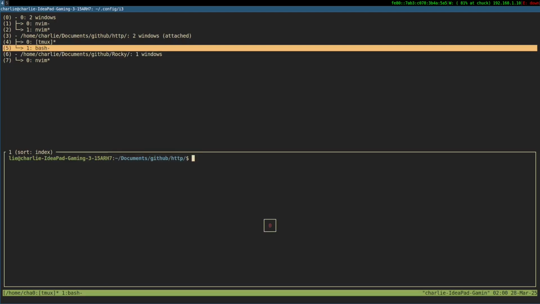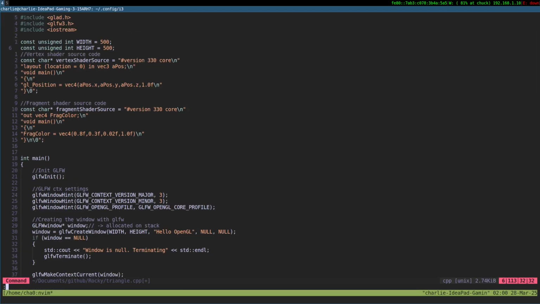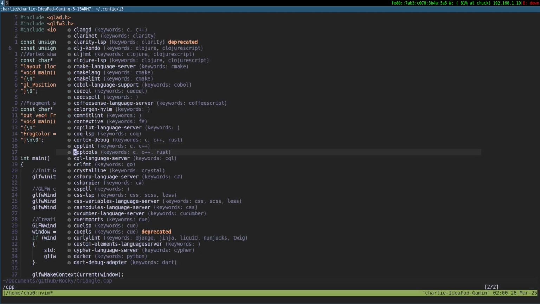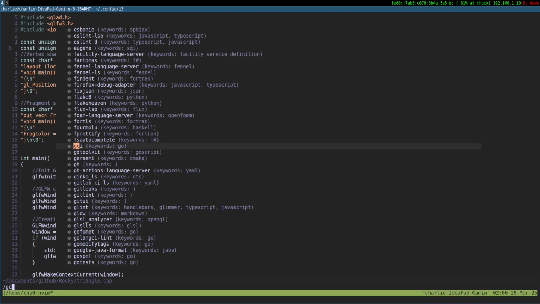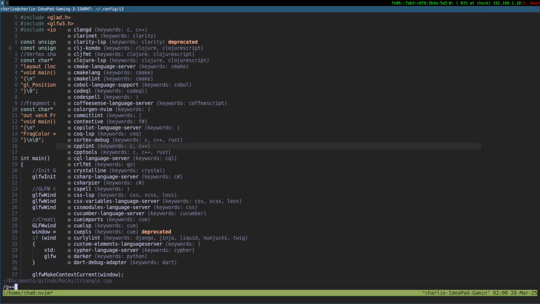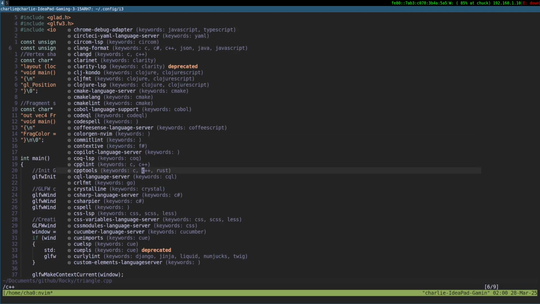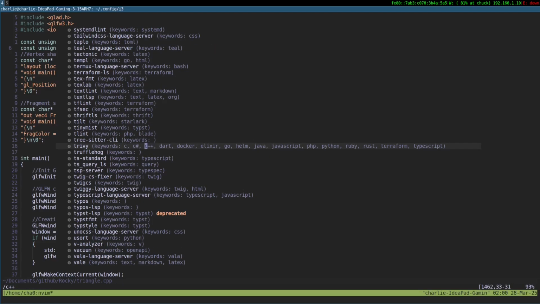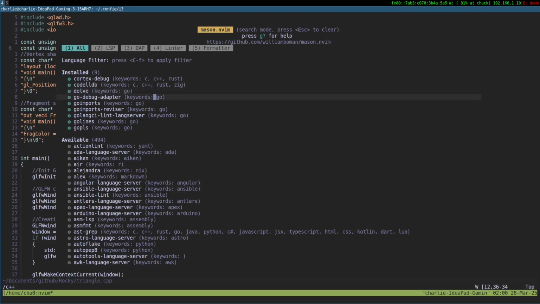I can just go here and say, Mason, kindly get me CPP, GCC, G++, C++, Cortex debugger, cpplint, clang, Harper LS, and so on. Most of the things are implemented.